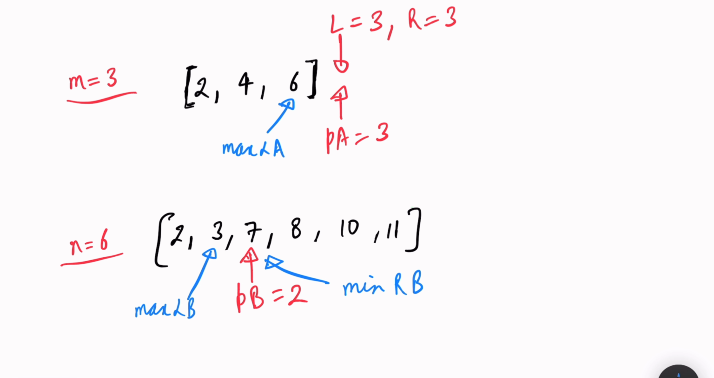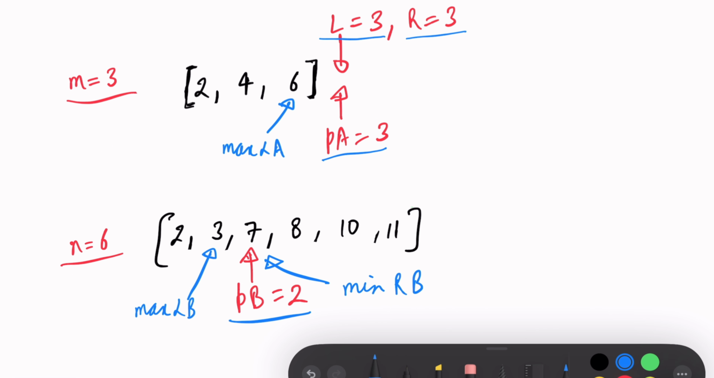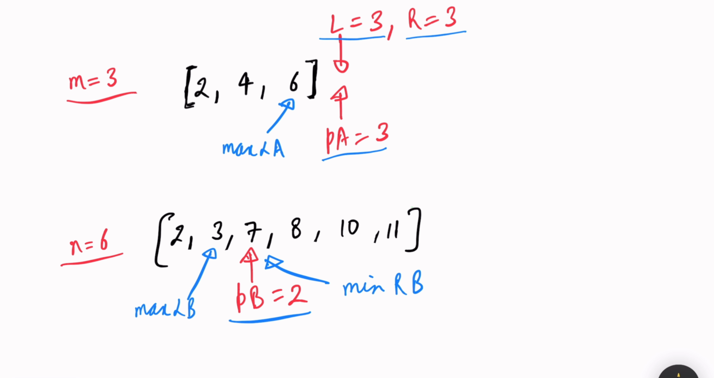Now we have the situation where our left pointer is incremented to 3, our right is also equal to 3, and our PA will come equal to 3 and PB is going to be equal to 2. Now again we have to compare these 4 values, so we compare max left A with min right B. So 6 is less than or equal to 7 and that is correct, and now our max left B is 3,